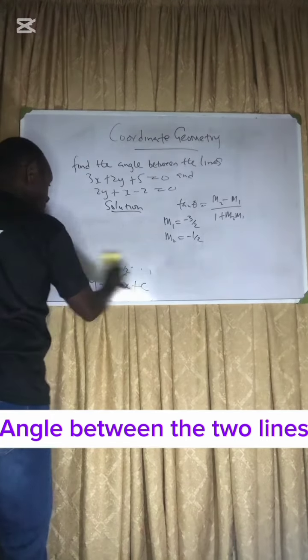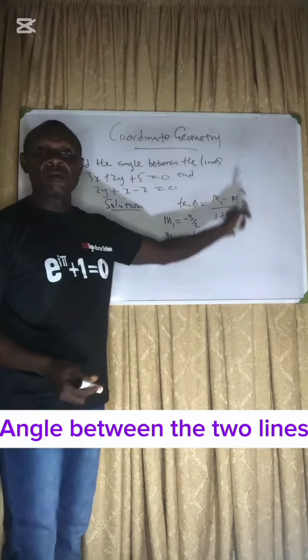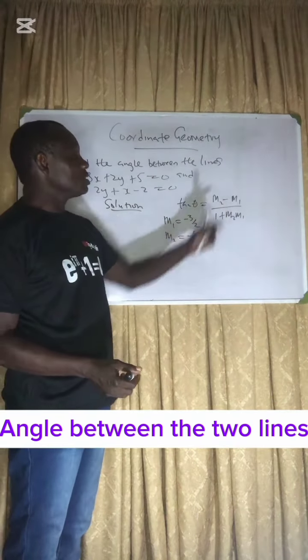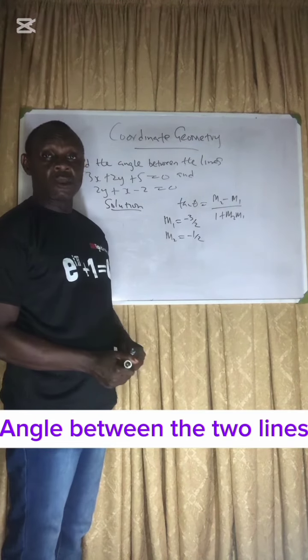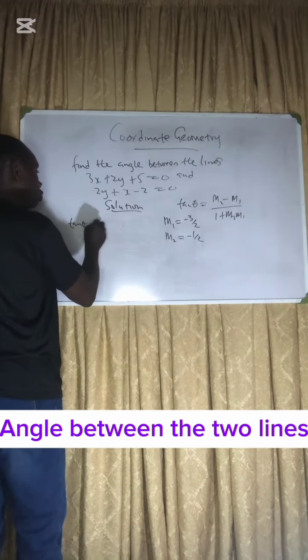Now you have gotten m1 and m2. It is at this point that you now use the formula to get your final answer. So your tan theta will be equal to m2